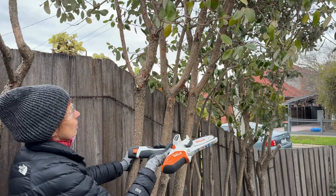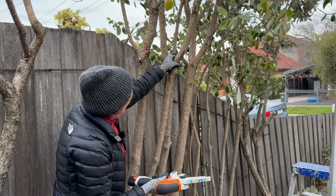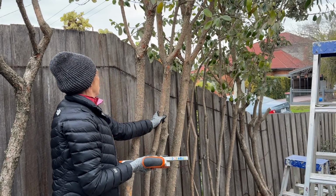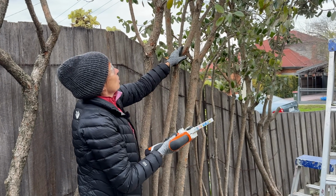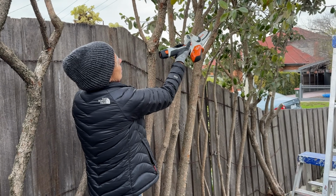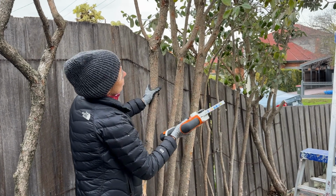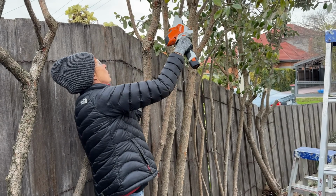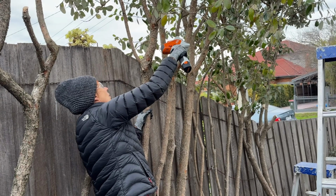So we're going to cut this branch down eventually to here, maybe to here. I think here's pretty good because then it's veering out from there. So we'll go above that point, cut through, meant to be about a third, that's a bit more. And then the cut above,